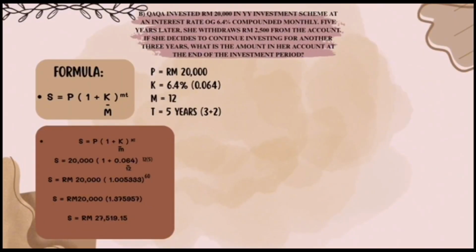So step 1, we use the compound interest formula, which is S equals P(1 + k/m)^(mt). So we calculate how much the 20,000 grows in 5 years. The given data is P equals RM20,000, k is 6.4%, which is 0.064, m equals 12 because compounded monthly, t is 5 years. So let's find the S. We already know that 20,000 is P, so S equals 20,000 times (1 + 0.064/12) to the power of 12 times 5. And we will get the answer,